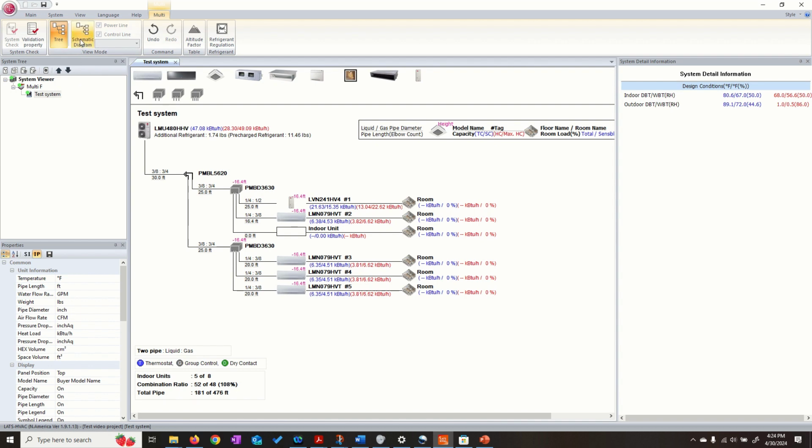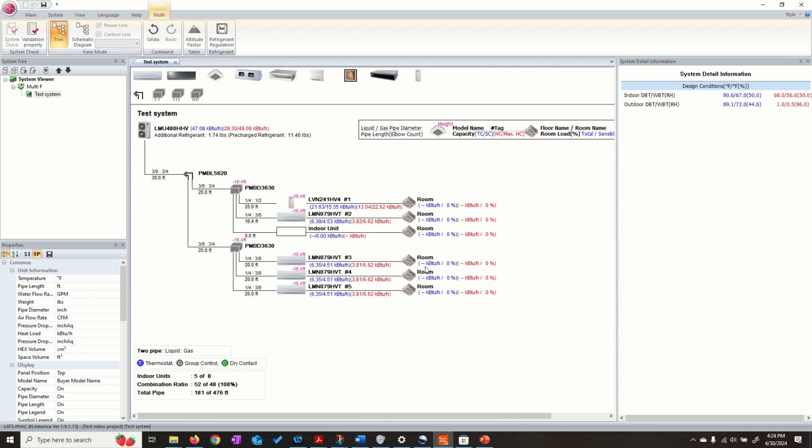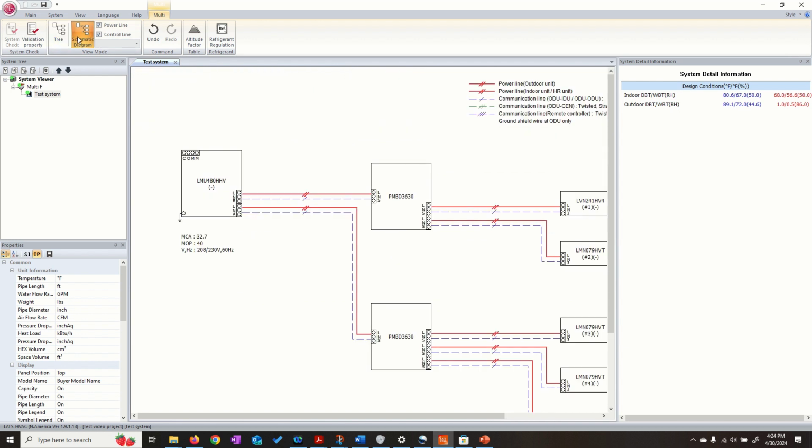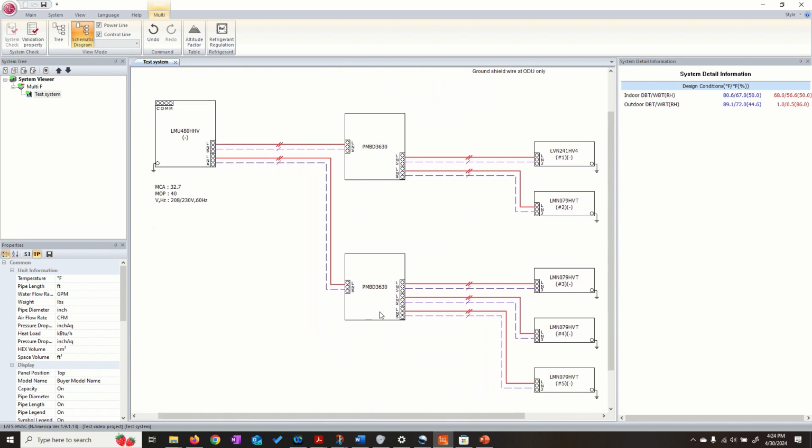Here, the validation property box shows the limit of each of the parameters it looks for. If any of these are missing, please be certain to input them to ensure proper system performance. Congratulations! If you press System Check and it responds positively, you have a well-designed system. You can click on the schematic diagram to create and share a piping and wiring diagram with the installers. To generate a full proposal, go to Main